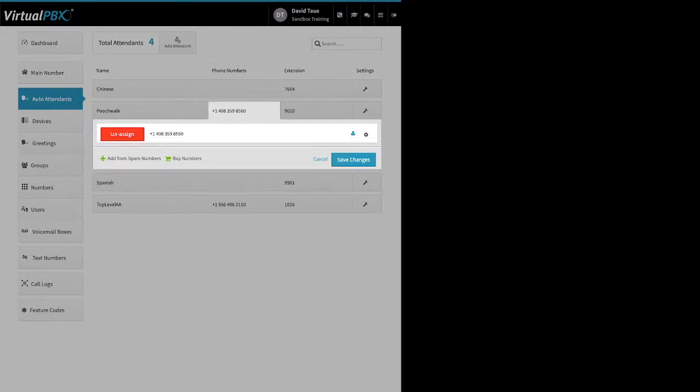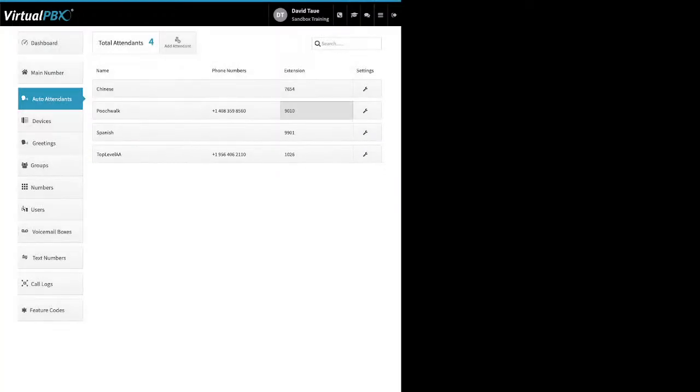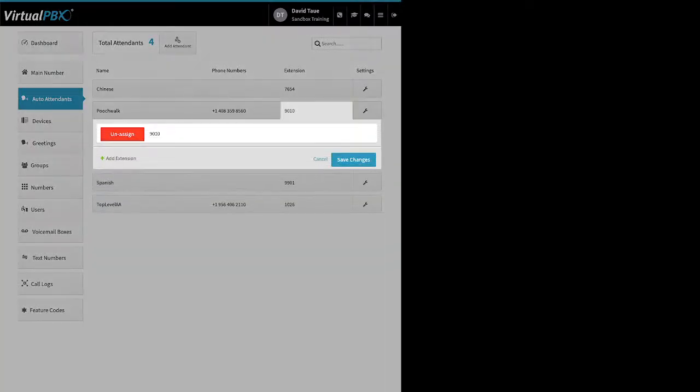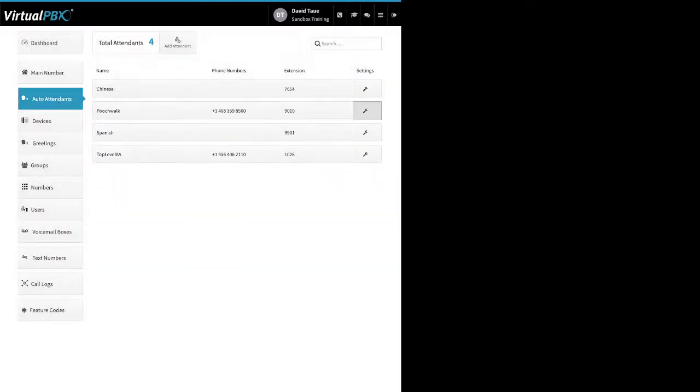Auto attendants can have their own phone numbers, right? Add from spare or buy new. Right, you've got a little gear icon here if you need to adjust that. Auto attendants can have multiple extensions if you want them to have them. And then lastly, you have the little wrench icon here